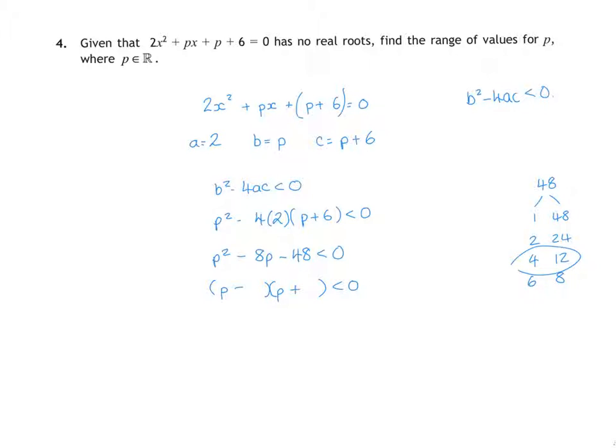It's the only thing we can do. So we need minus 8. So to get those, we're going to have to take away 12 and add 4. So we can put those in. So we get minus 12, add 4. So if we think about this in terms of the graph of our thing, because we're trying to